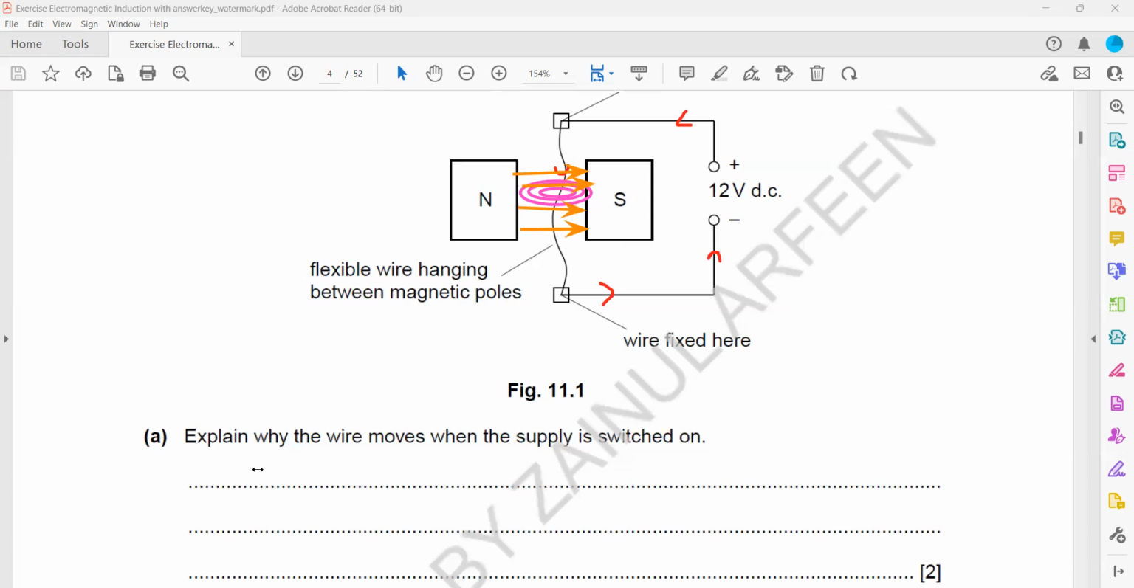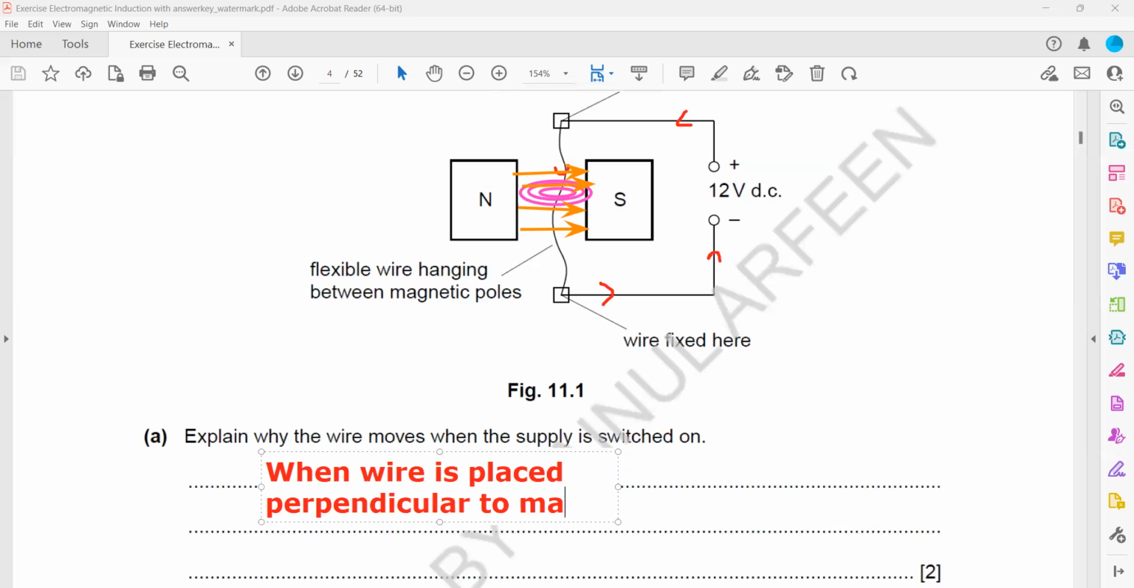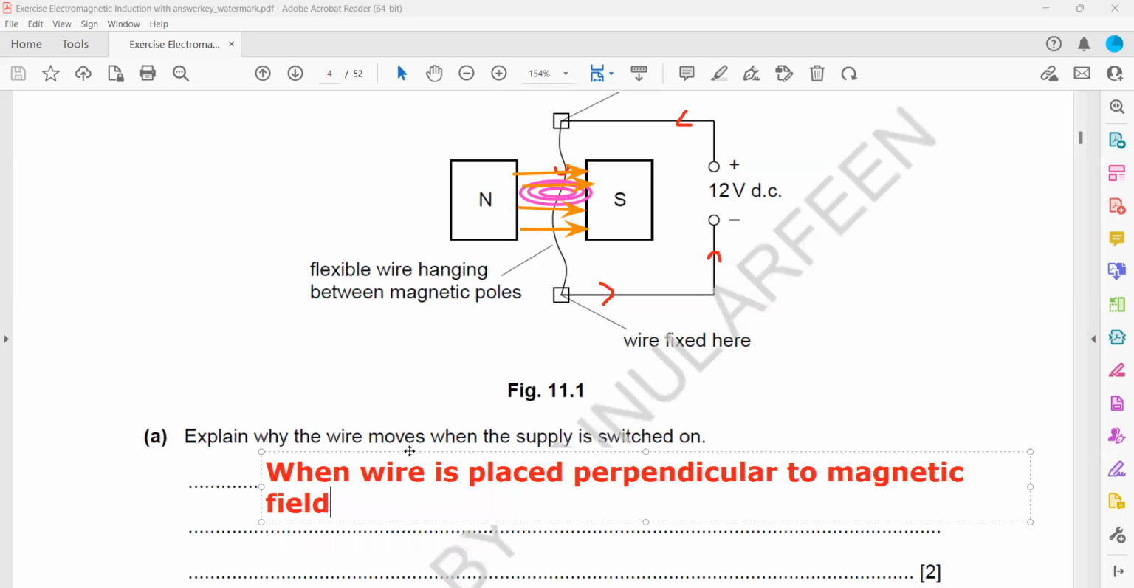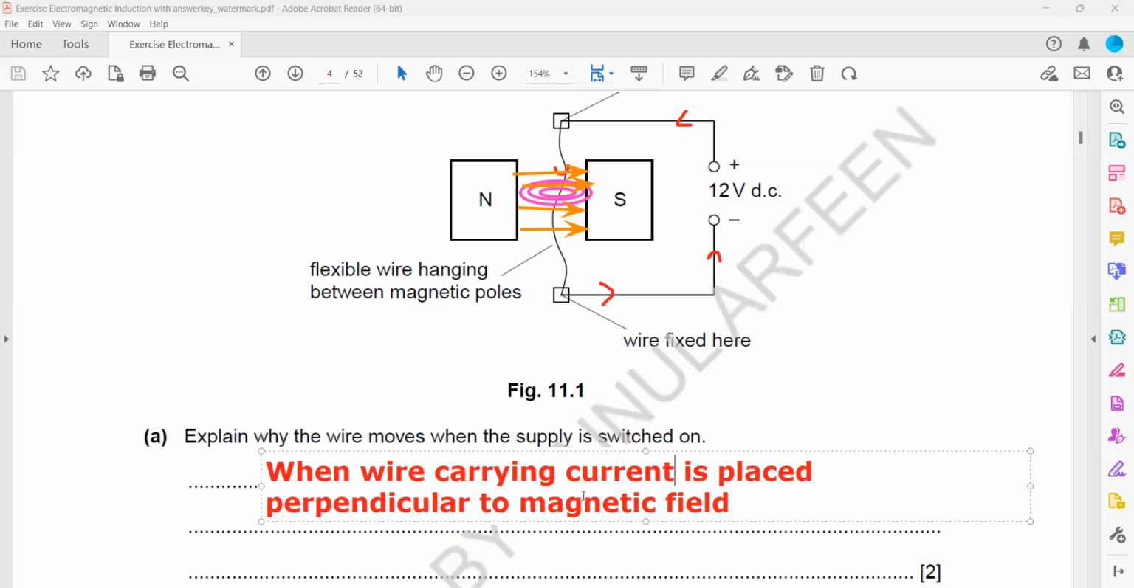So when the wire is placed perpendicular to a magnetic field, because when it is parallel, it does not cut the magnetic field. So when the wire is placed perpendicular to the magnetic field, you can say it cuts the magnetic field. So the wire carrying current is placed perpendicular to a magnetic field,